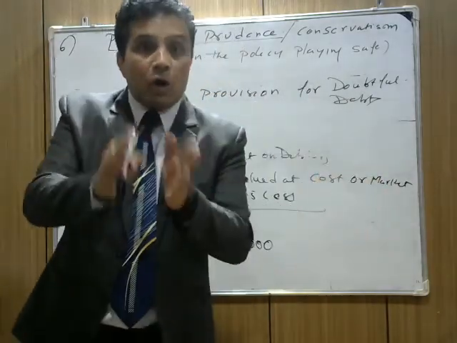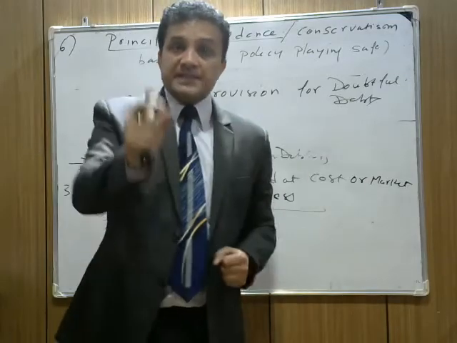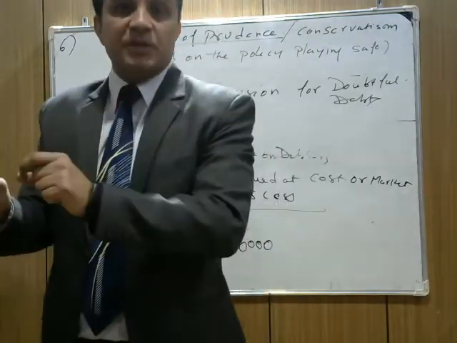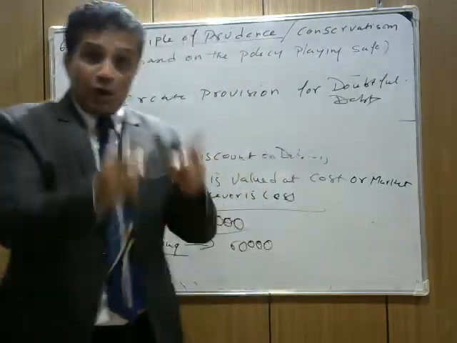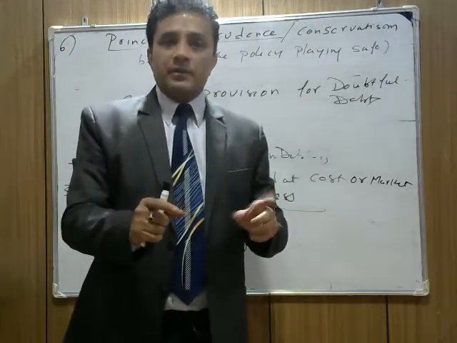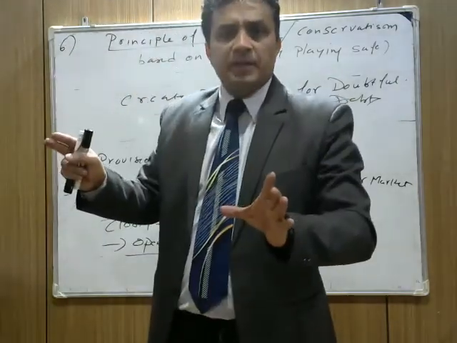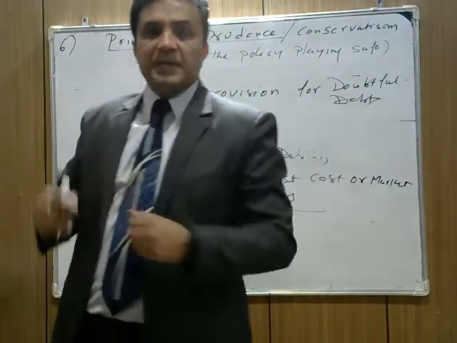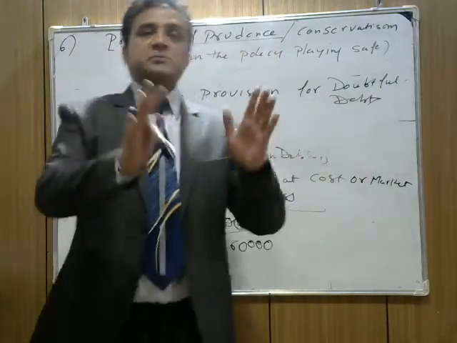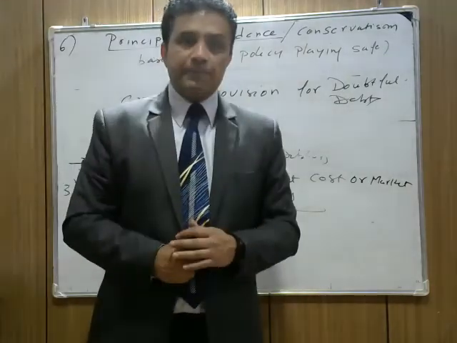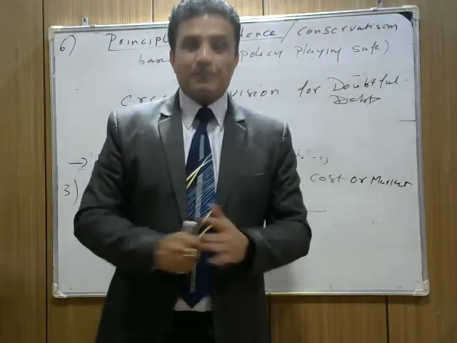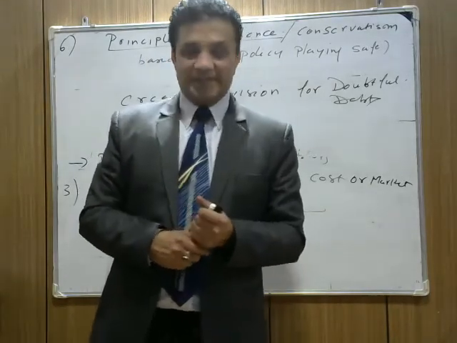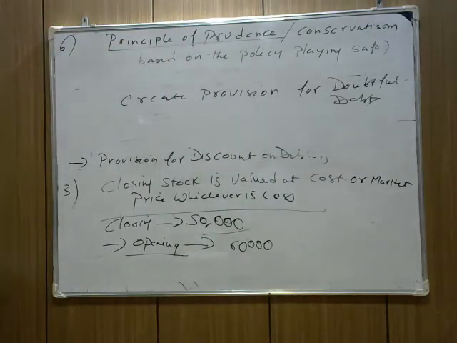These are the parts. This principle is called the principle of prudence or conservatism, which plays safe. I hope this is clear. According to this principle, all anticipated profits should be ignored, and all anticipated losses should be accounted for. Conservatism requires that profits in anticipation should not be recorded. You don't need to record immediate profit that might come. That should be ignored. But losses in anticipation should immediately be recorded, even if there is a remote possibility that it can occur. Okay, is it clear now? So this principle is called the principle of prudence.